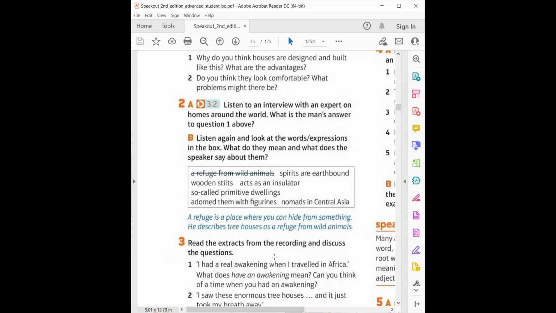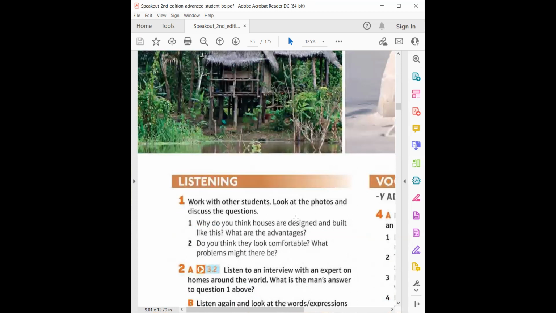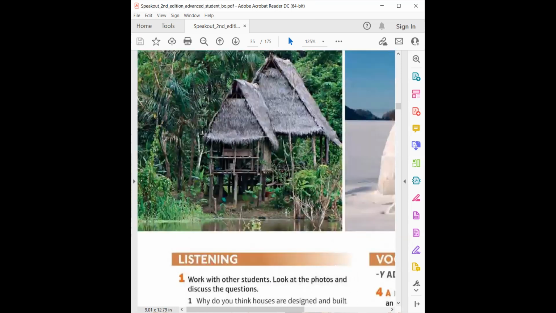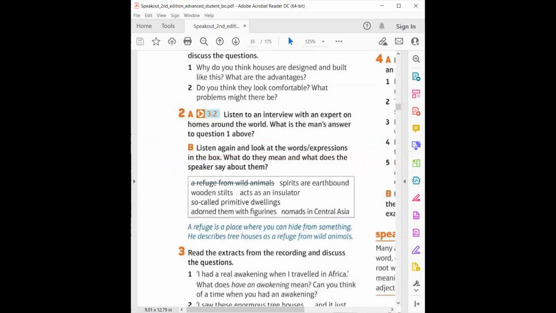Okay, are we good? Yes. Can I have a question? Yes, please. What do they mean by primitive dwellings? Primitive dwelling, it's like houses for primitive people. Like these, both of them, in fact, they are for primitive people. Like not modern people, okay? Dwellings, it's like places where we live. This is the meaning of dwellings. Okay? Yeah, I guess. Thank you.